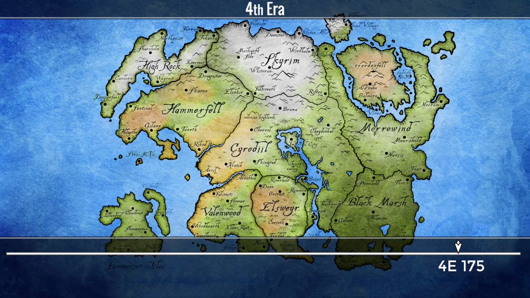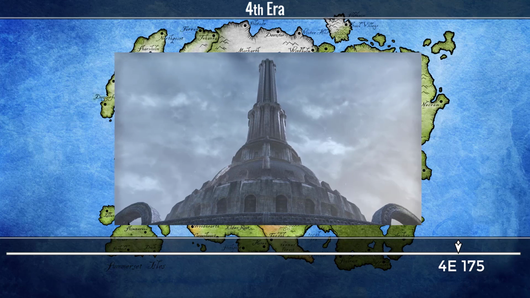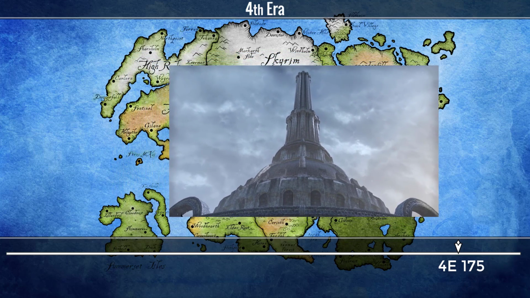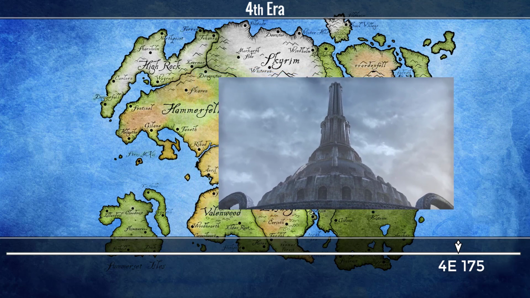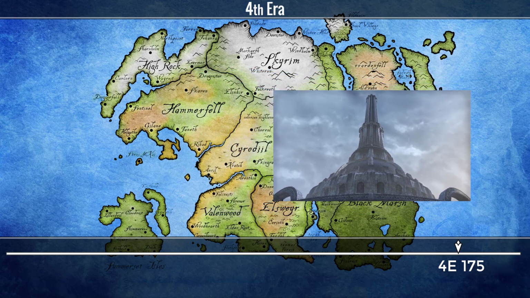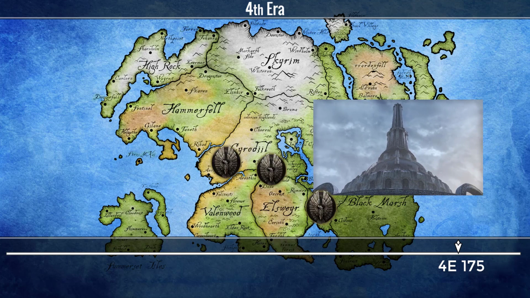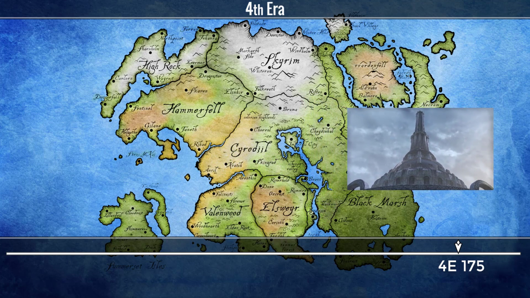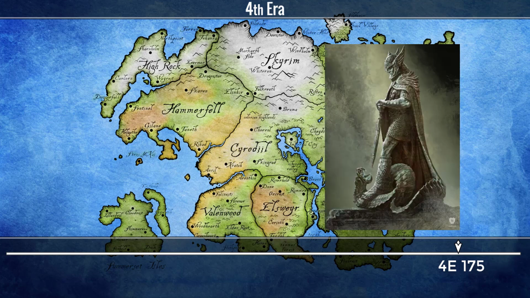Exhausted from the war, the Empire negotiates a peace treaty and signs the White Gold Concordat with the Aldmeri Dominion, thus ending the war. The terms of the agreement are the surrender of the remaining territories still occupied by Aldmeri forces and the banning of worship of Talos. Thus the Great War ends.